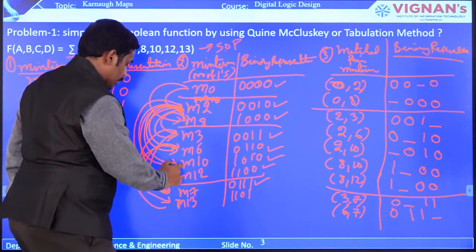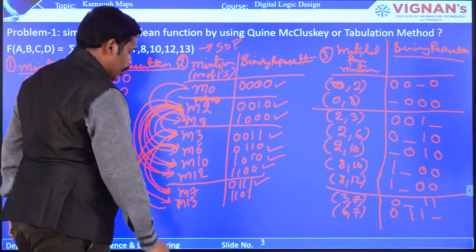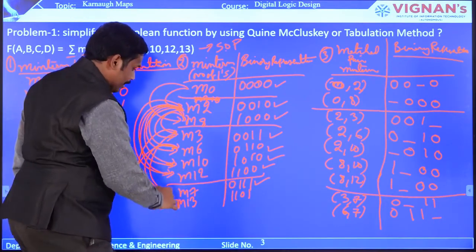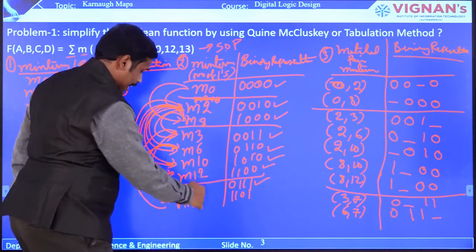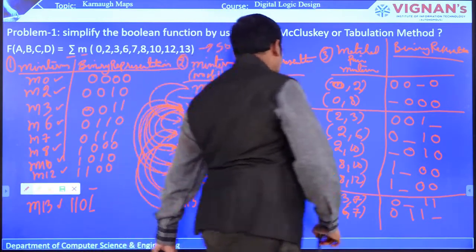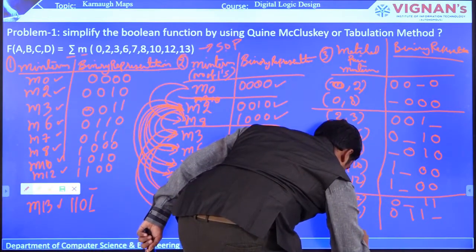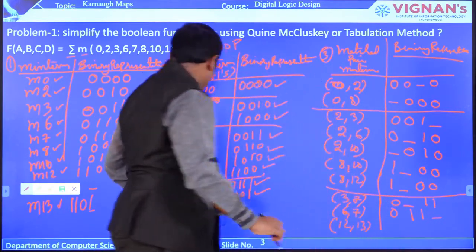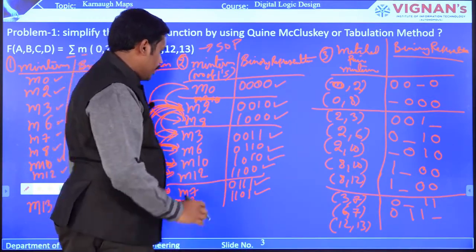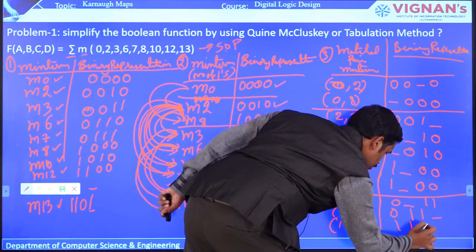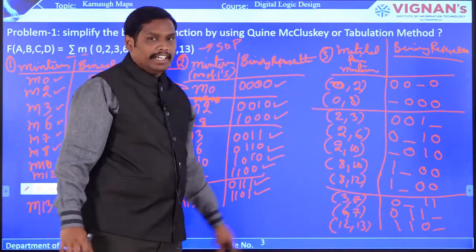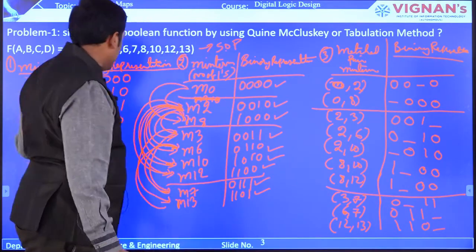And then finally 12 and 7, not possible because there are many mismatches. And then finally 12 and 13. I think there is a match that you can apply, so you put a tick mark. And 12, 13 is the last matched pair that you are going to write. So 12, 13: 12 is 1 1 0 0 and 13 is 1 1 0 1, so you are going to get 1 1 0 and hyphen. This is how you have to construct the matched pair minterm. Is it clear? So please have a look over it.